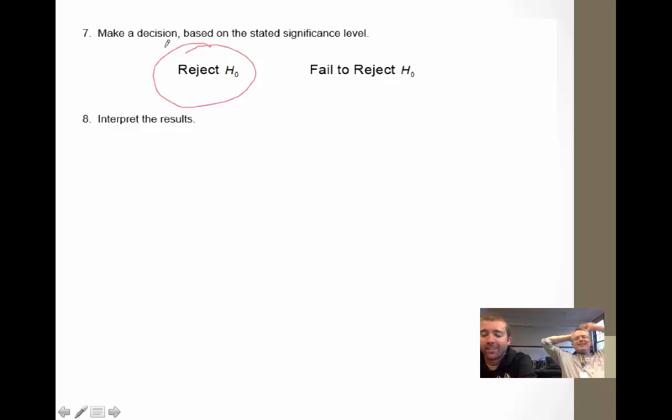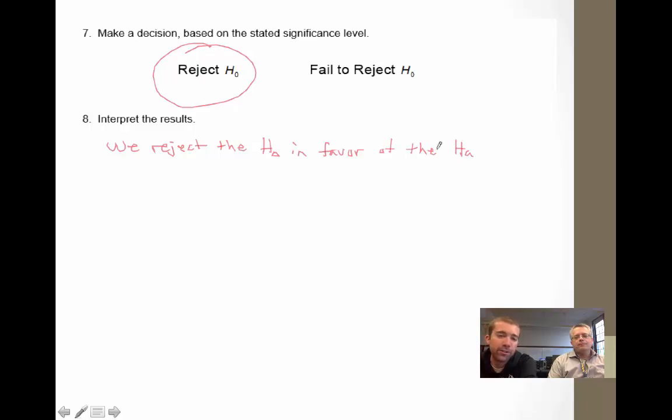Okay, we decide to reject the null hypothesis that the average calorie per serving was 120. That's because our p-value was low. So the difference can't be due to just chance or random sampling. It's a more significant difference. All right, so we're going to reject the null in favor of the alternative and